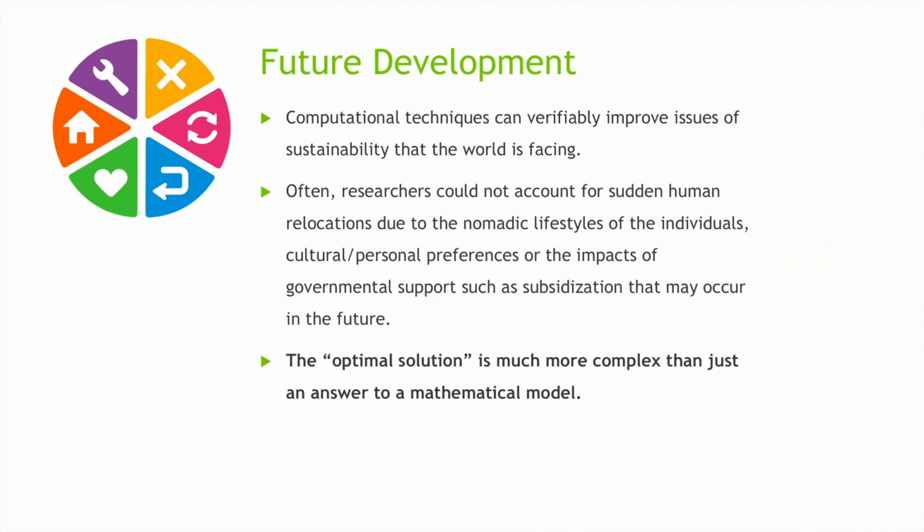The future development of combating soil erosion is very promising, with many improved methodologies in the future, such as mixed integer programming that can be helpful to formulate a watershed problem, particularly when many dynamic decision variables are involved. Often researchers cannot account for sudden human relocations due to things like nomadic lifestyle and cultural and personal preferences, etc. One important thing to remember is that the optimal solution is much more complex than just an answer to